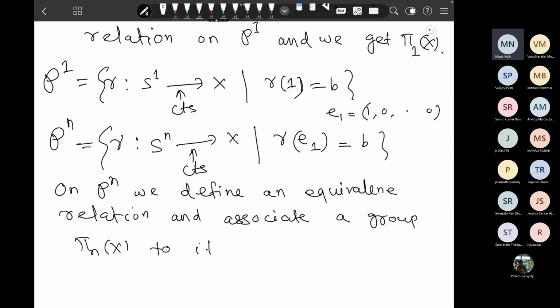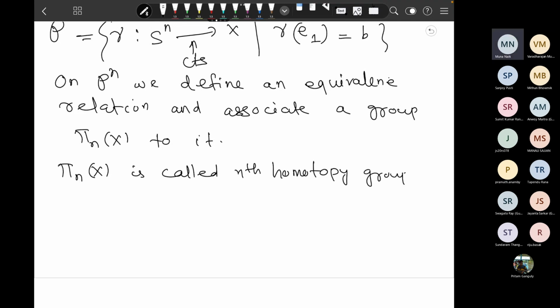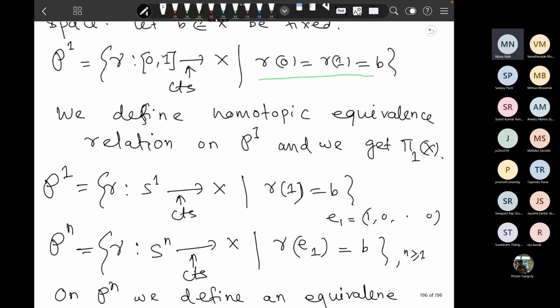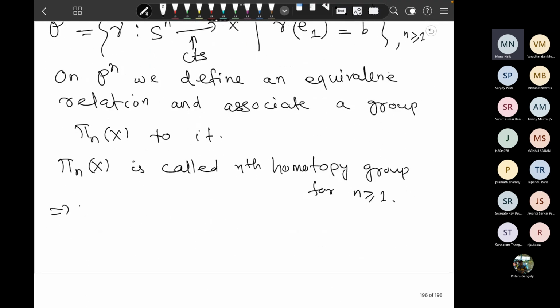Okay, and this pi n of X is called the nth homotopy group. And here in this case, this is really n greater than or equal to 1. Group for n equal to 1. And since I have assumed that X is a path connected space, this implies this pi n of X is